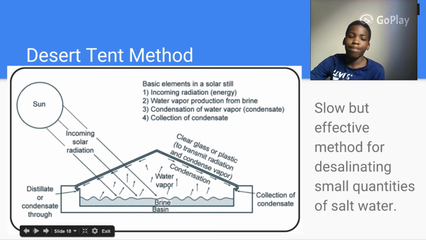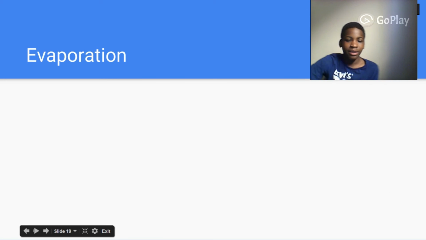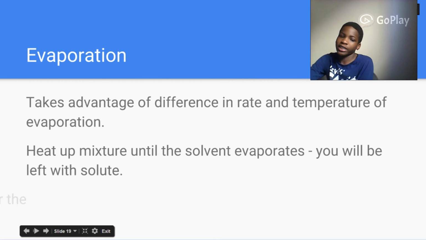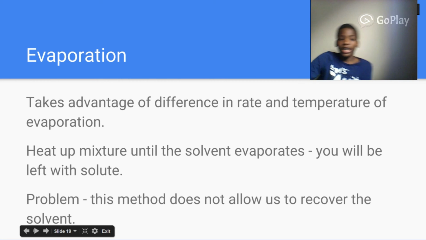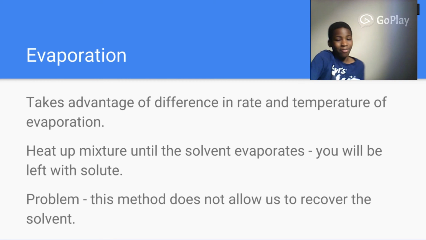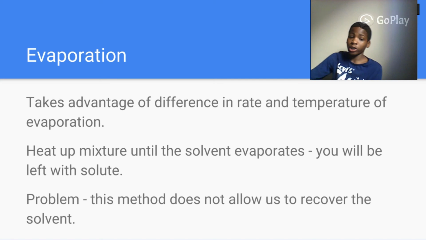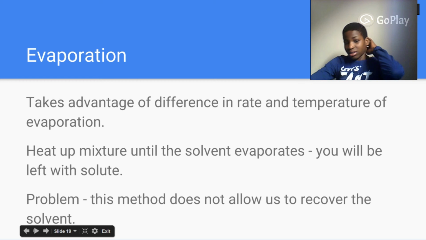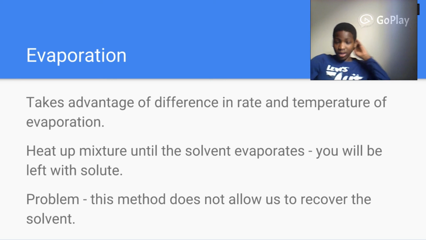So incoming radiation energy 2, 3, and 4. Okay. Evaporation takes advantage of the difference in rate and temperature of evaporation. It heats up a mixture until the solvent evaporates. You'll be left with the solid, like in the desert tent method. You heat up the water and you have the salt left, and you still have the water if you collect it, right. This method does not allow us to recover the solvent, which is why they invented the desert tent